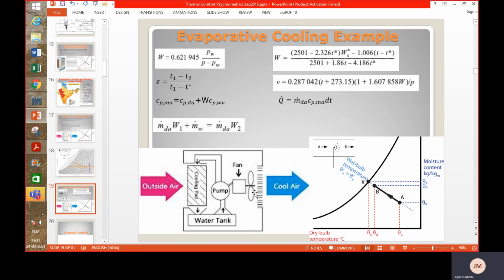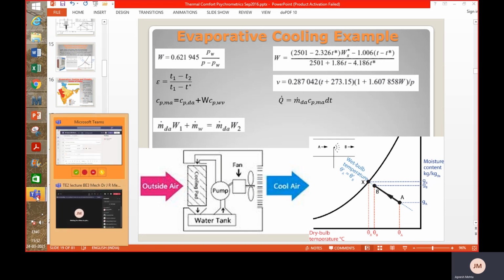So that is about the sensible cooling rate, and you also know the rate at which you are losing the water. For a large system, it may be an important thing to consider, because the availability of water may be limited. So even that parameter was found, and we also know the temperature at which the air can be delivered, the humidity ratio and temperature. So you can also decide whether that is good enough for providing comfort to the people in the room or not. So this lecture, I believe, would have given you a good understanding and insight into the evaporative cooling process.